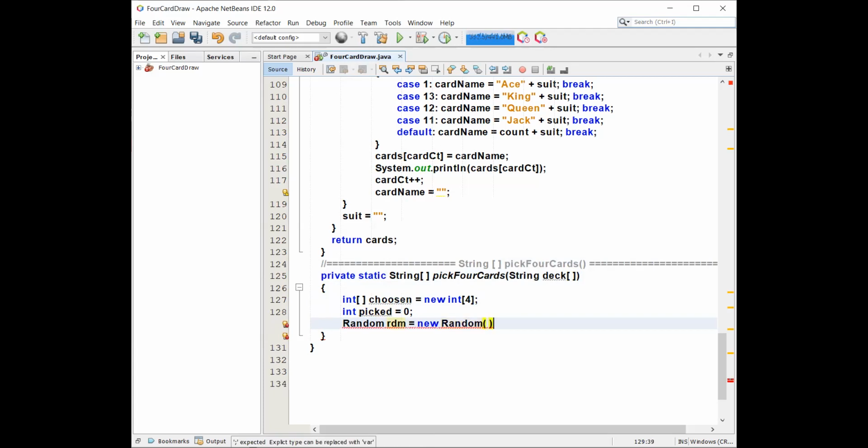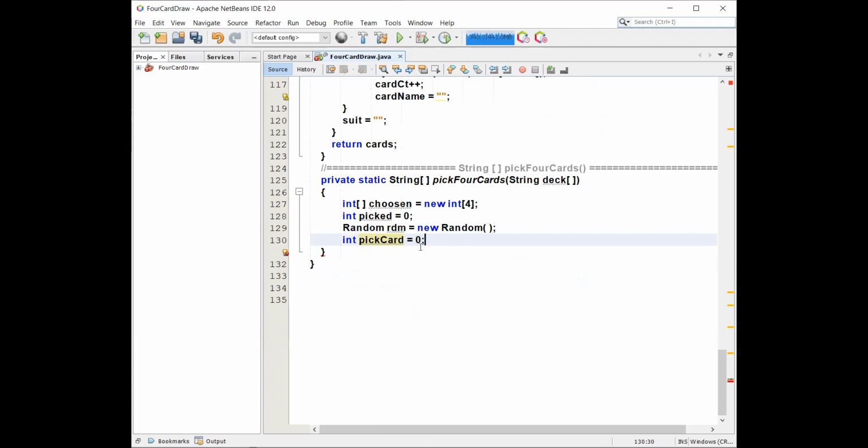Again, the only reason it's here is because it's the only place I need it. And then int pick card. We'll make it with a 0. Again, I'm trying to explain why I do certain things here. So here, our loop is where we're going to go ahead and pick our cards and store them in our new array. So we'll say then the count is less than